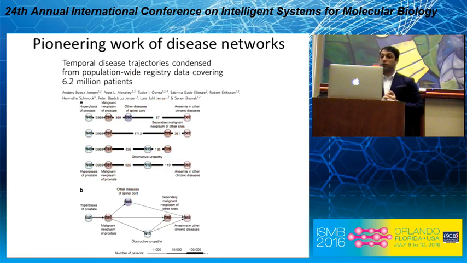And actually, another great recent study was by Jensen et al., where they took the entire population of Denmark, covering all 6.2 million people, and extended the idea of comorbidities beyond simple connections to look at the trajectories of disease and how they might differ, as we saw in the last talk. Just to note, the senior author, Dr. Brunak, is going to give a keynote later, and it'll be interesting to see how he describes this study.